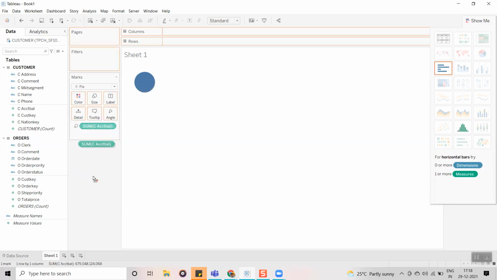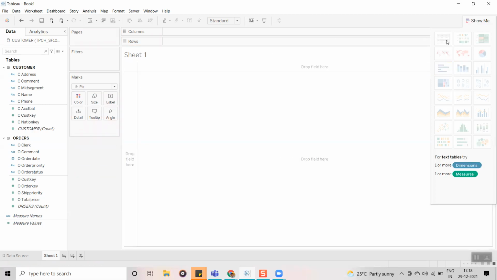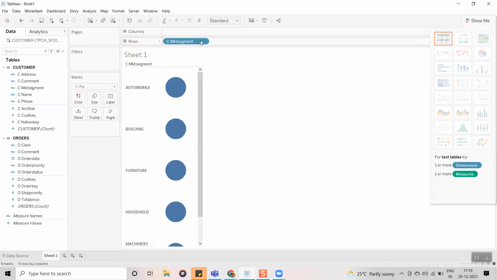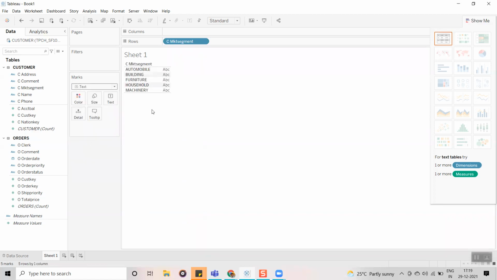Now, first thing, the cross tab. For creating a cross tab, one or more dimensions and one or more measures are required. You can directly drag the field. Here it is showing automobiles. It is a pie chart I have selected under the marks card, so it is selected as pie. Now I am going to click on text. See, now it is a text table.